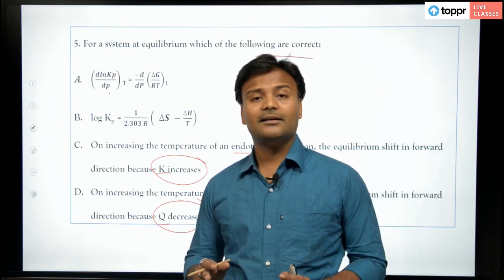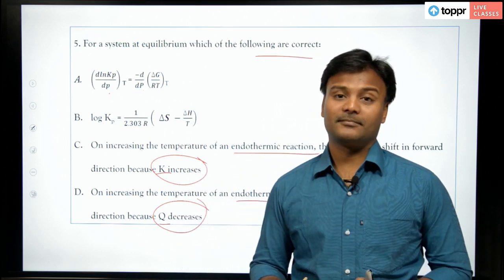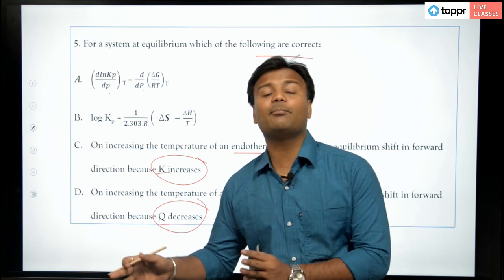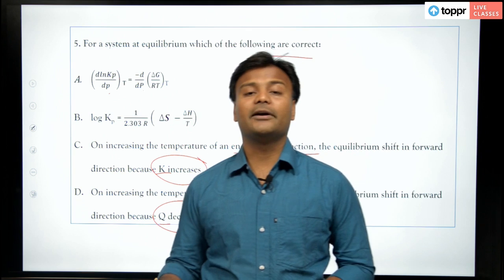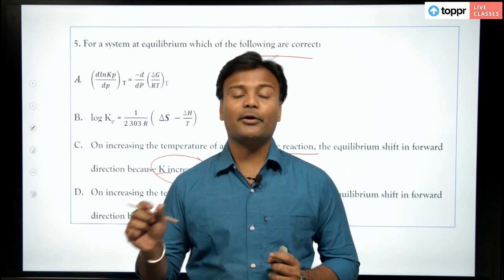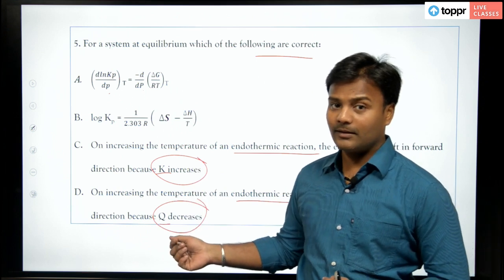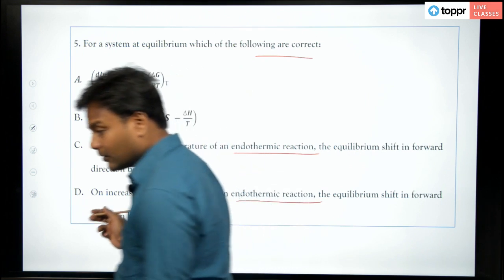K, you are calculating the concentration at equilibrium, whereas Q, it is not at equilibrium at any given point when the reaction is processing. When the reaction is moving forward, at any given point of time, if you are finding out the concentration, then it is the value of Q, right. So, that is the main difference between the K and Q,